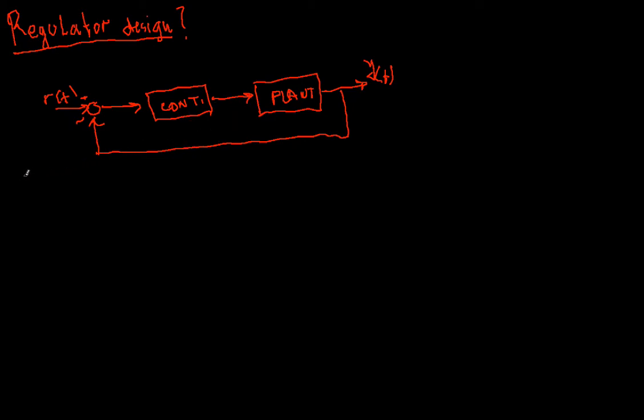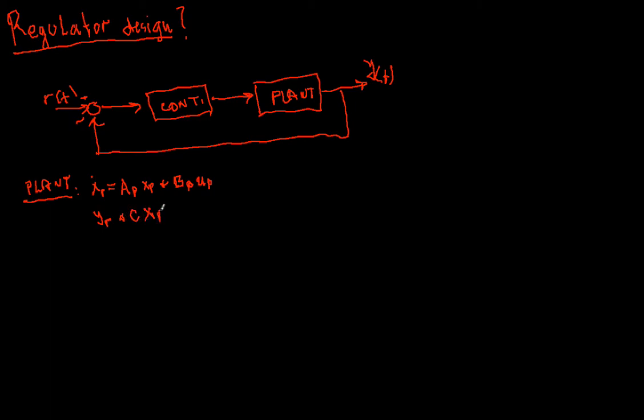In the previous lecture we saw that the plant dynamics is xp dot equals Ap xp plus Bp up,